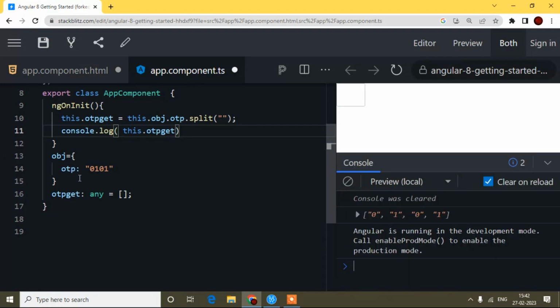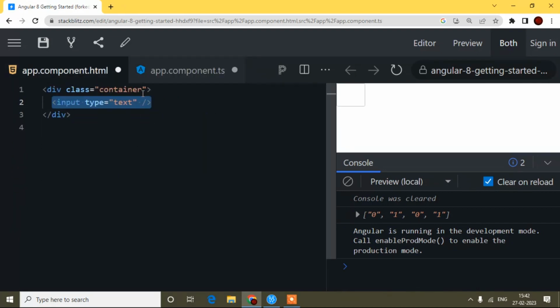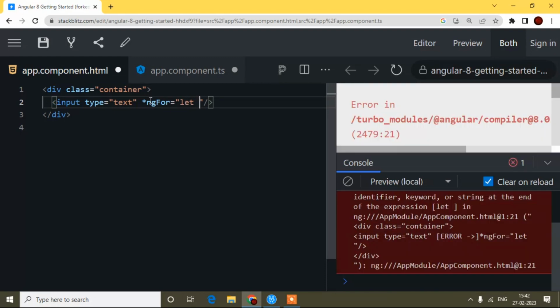So now instead of writing the loop here, simply inside this HTML I will write the loop. So how can I write the loop? Simply *ngFor equals, inverted commas, and inside the inverted commas I will take one variable. Using let, var, const keywords we declare variables in JavaScript, Angular and React.